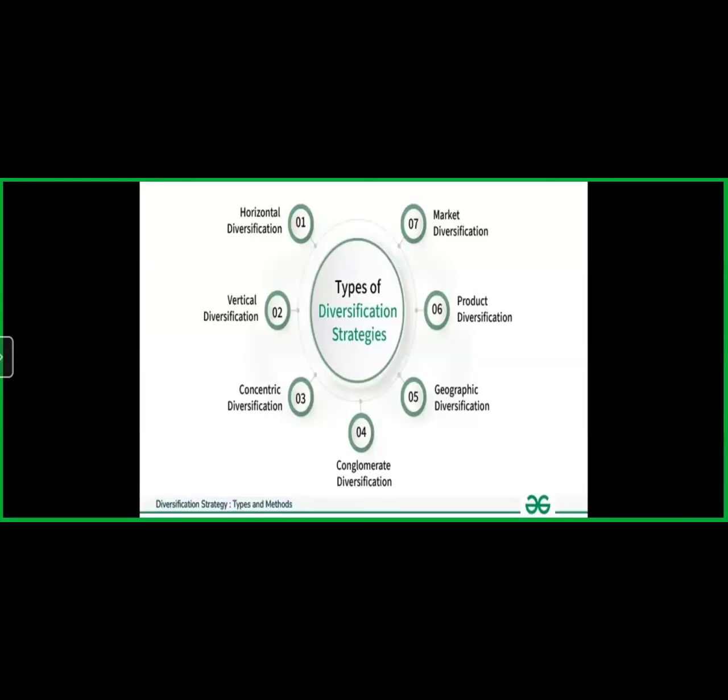Now, Google, when it started its business, started as a search engine, that whatever information we want to search, we can use the Google search engine. And now multiple options are available, but earlier there were no multiple options. Now Google decided that okay, the Google search engine is doing very good, but let's do the diversification expansion. Now in horizontal diversification,